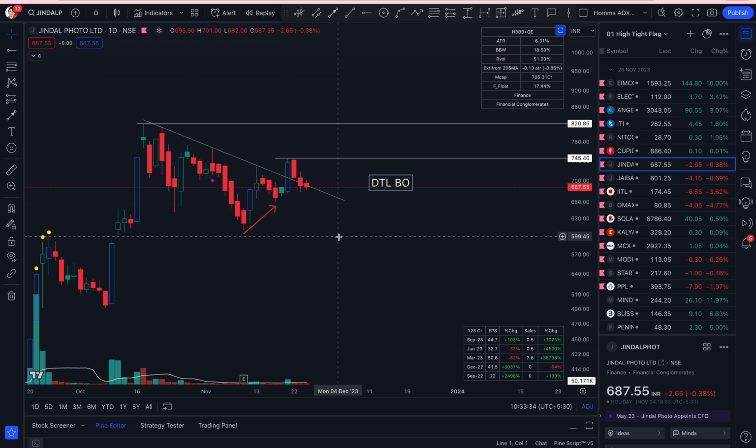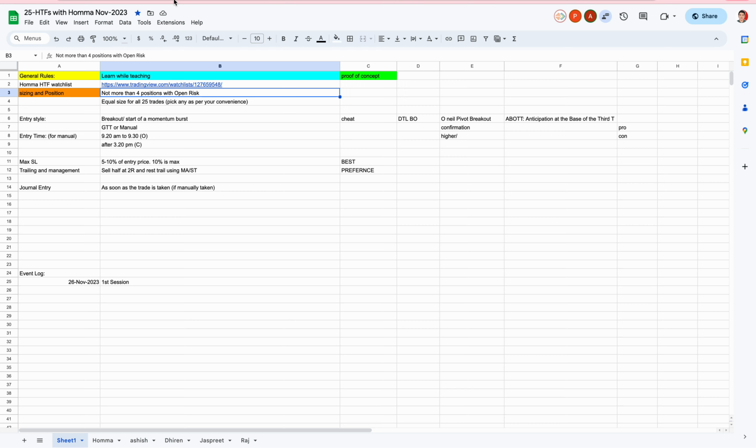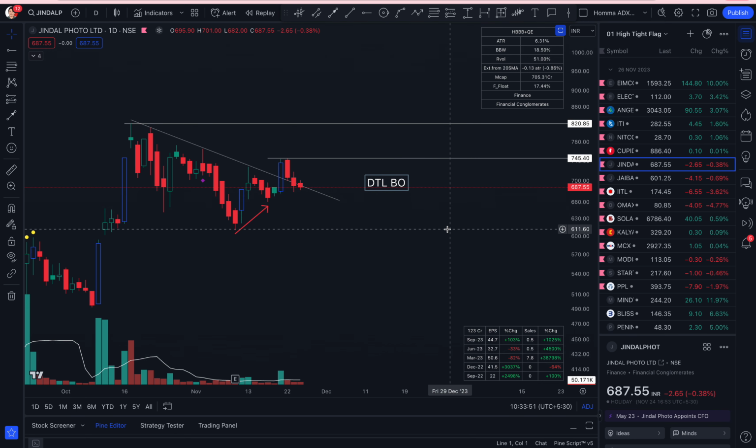The last kind of entry is, I think we've covered it all, right? DTL only. The last kind of entry is something I call the A-but entry. So these three are breakout entries. A-but is not a breakout entry, but it's an anticipation entry. So for that, let's go to an example here, which is